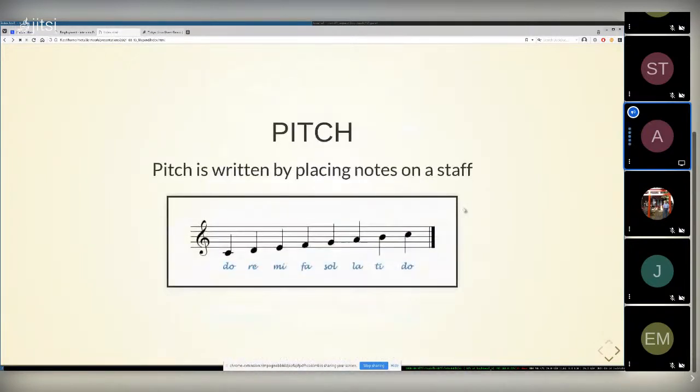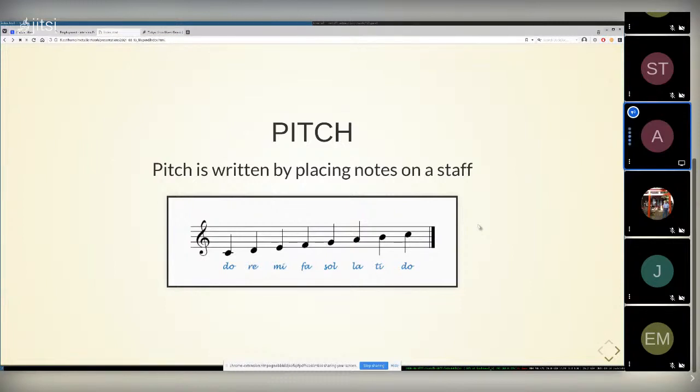You write that like this. I don't know if you guys are able to see my mouse pointer, but you have these 5 lines, which is called a staff. Then these notes on there. All there is to it is a lower note will be written lower on the staff, and a higher one will be written higher on the staff. So the lowest one we have down here is Do, and then we go all the way up to a higher one, which is Do again. That's a topic that I will explain later, about why the same one returns.